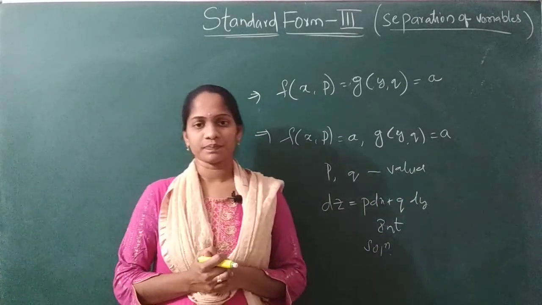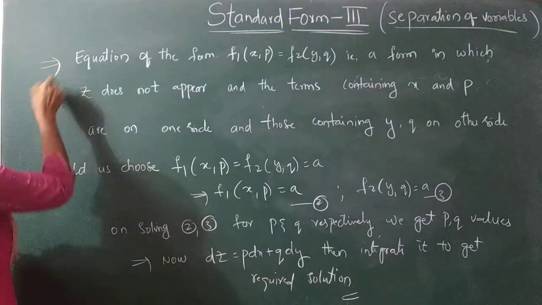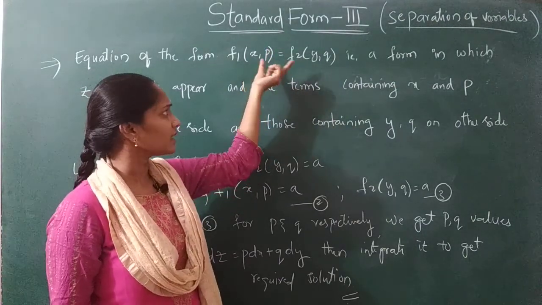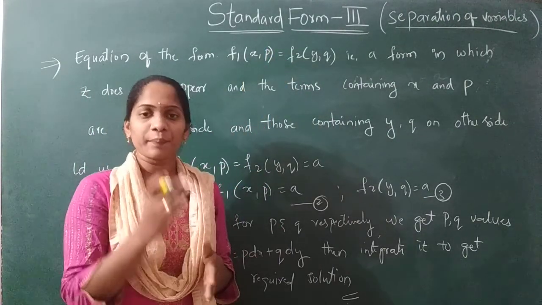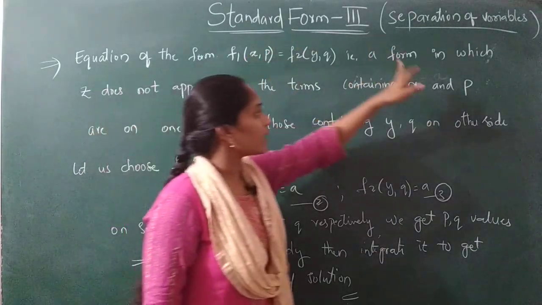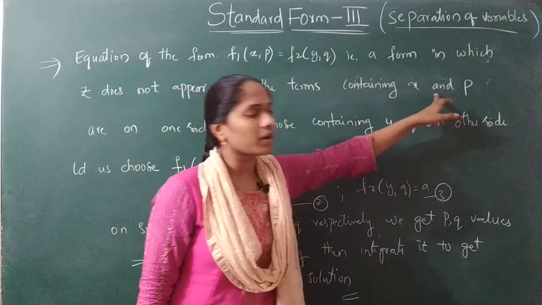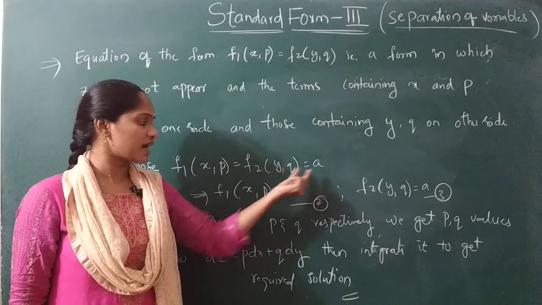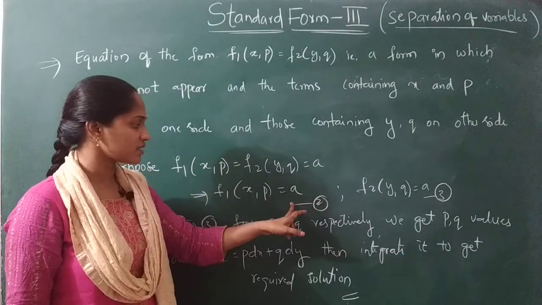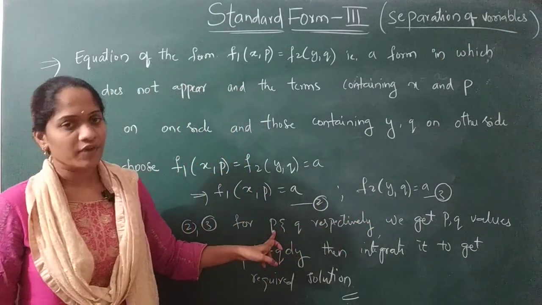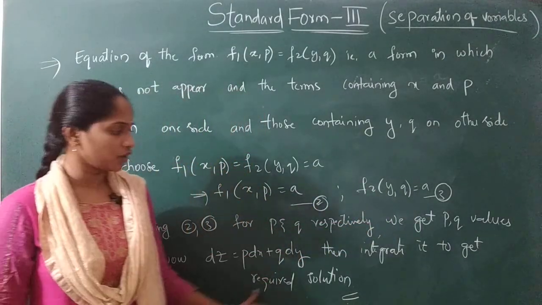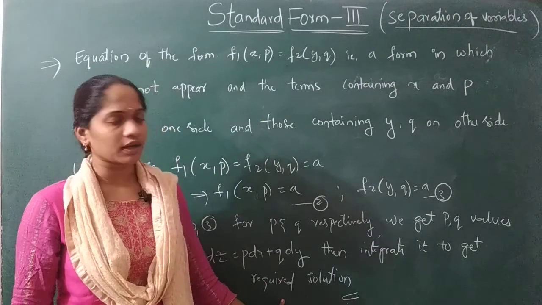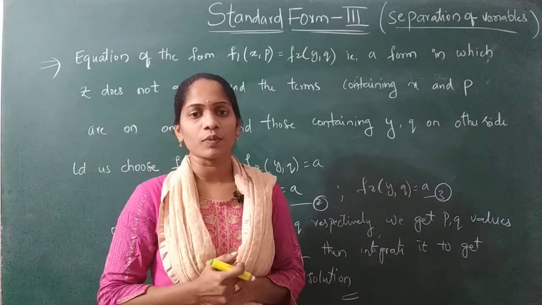Let's see one problem and the procedure. The equation should be in the form I explained, that is, the given PDE should appear in x, y, p, q. Then you have to separate the terms, x, p to one side and y, q to another side. Represent it as a constant a, find the p, q values, and substitute. After that you integrate with respect to x and y using some formula, and then we will get the required solution. Now let's see some example problems, it will be clear for you.